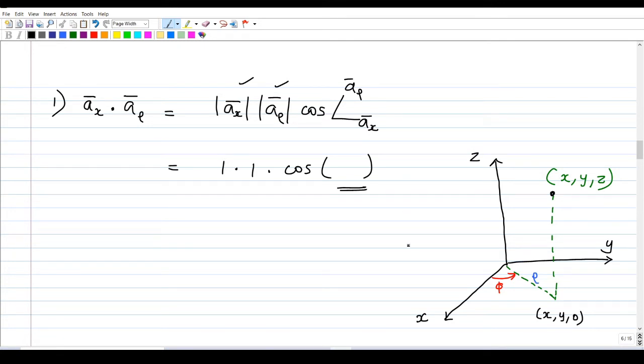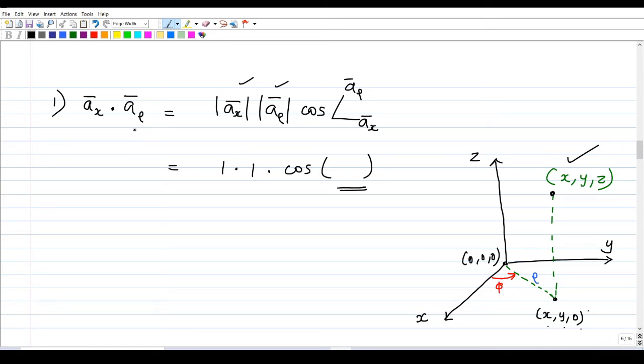So I have drawn a basic diagram of the cylindrical coordinate system. This we have seen in the previous class. Suppose I have a point x comma y comma z in space. Then I can drop a perpendicular to the xy plane. So I will get this point x comma y comma 0 in the xy plane. Now this point can be joined with origin 0 comma 0 comma 0, and this distance from origin to this point x comma y comma 0 is denoted as rho, and the angle this length makes with the positive x direction is angle phi.